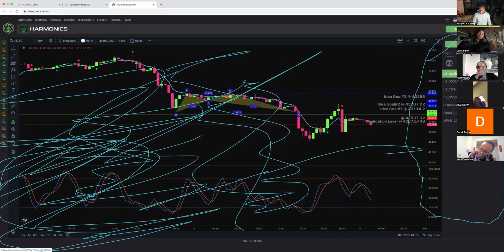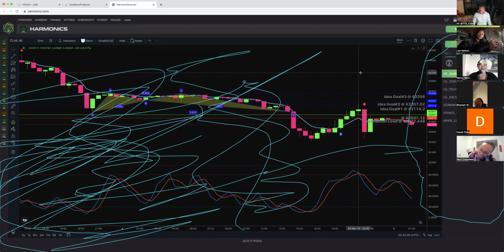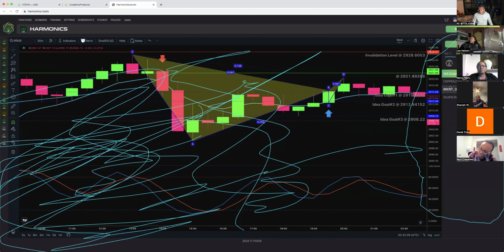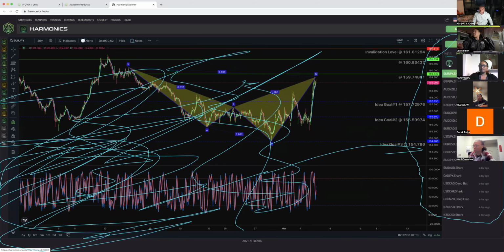We have our indices, which are companies and pretty much correlated to stocks, right? We have US 30, the top 30 companies in the US, US 2000, top 2000 companies, US Tech 100, the top 100 tech companies in the US, Germany 40, so on and so forth, right? Then you have commodities like gold, copper, oil, silver, and then right here are monthly time frame alerts, right? We don't really use those. So we just stick to Forex. We're going to stick on FX.